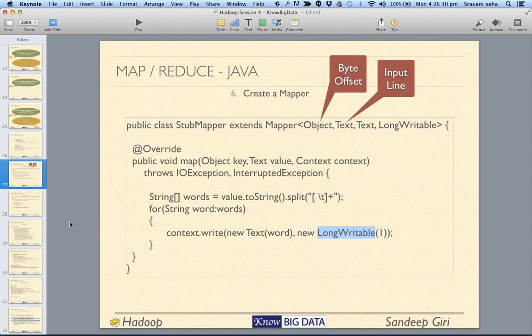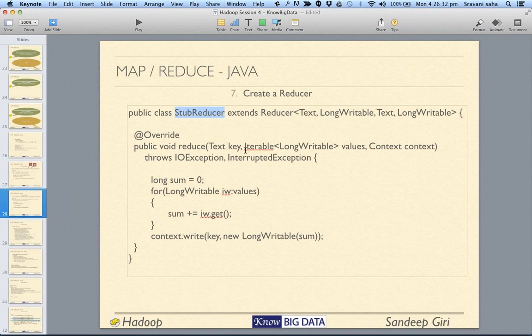This is how you create a mapper, and this is how you create a reducer. Sounds good to you? Now, in case of reducer, you extend, this is your class name. You can write any class name, MyReducer class, or whatever you want to write. This is one class, this is another class. And once you have done that,